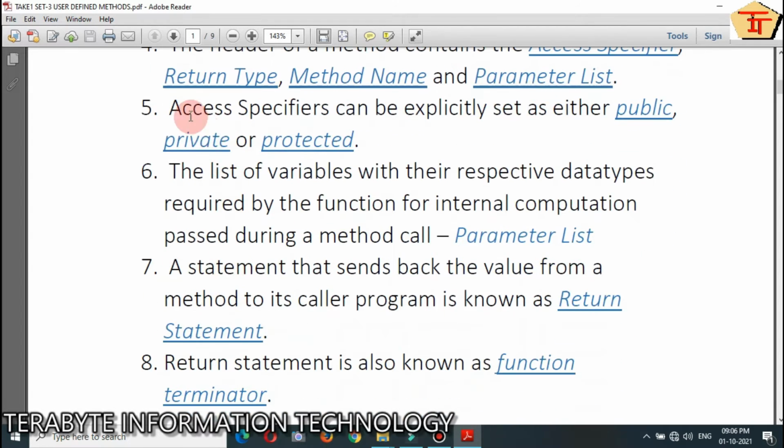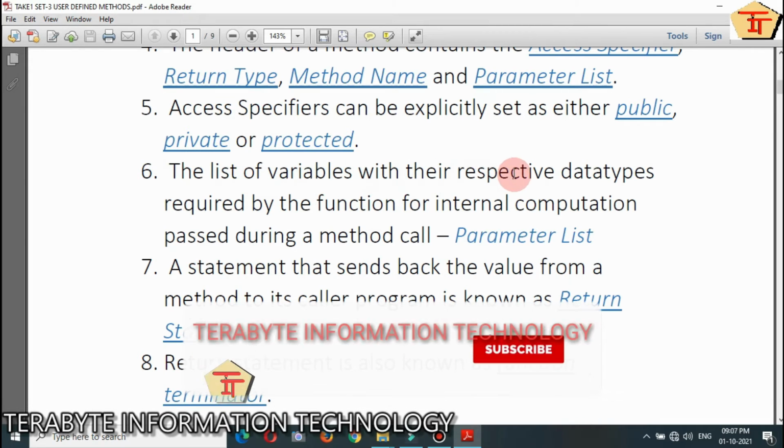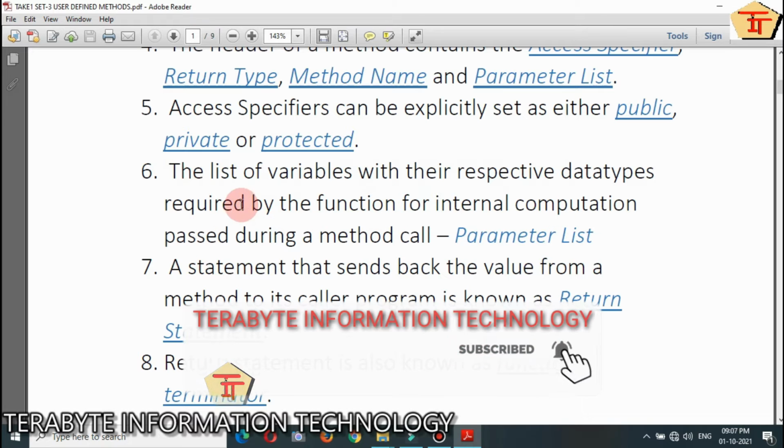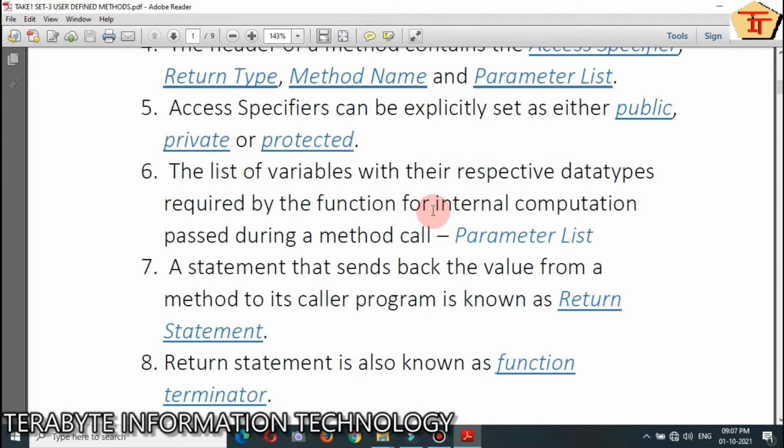Question number 5: access specifier can be explicitly set as either public, private, or protected. Question number 6: the list of variables with their respective data types required by the function for internal computation, passed during a method call, is called the parameter list.